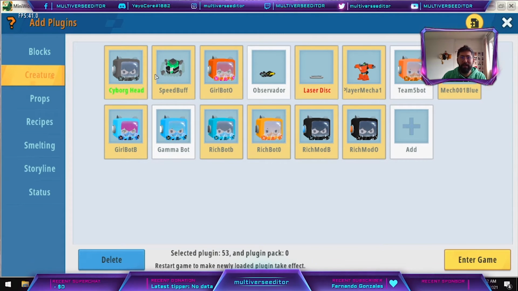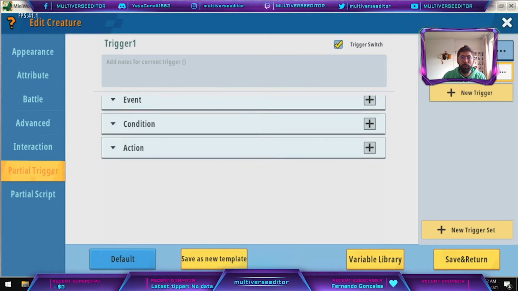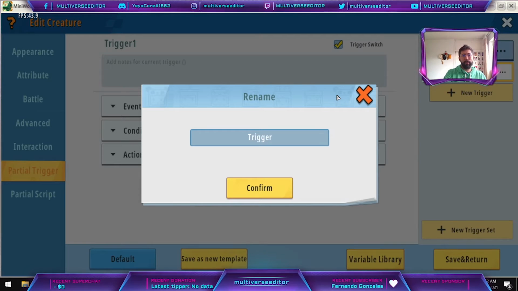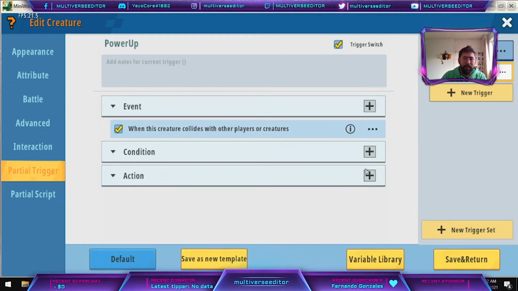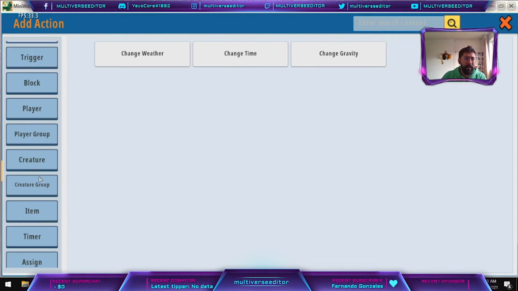Once you add the creature to the map, you are going to go straight here. You are going to add a new one. You are going to rename it, as always, as power up. Remember, it's just creating something very similar to the previous one. And what we are going to add, as always, is a collision. If the collision is with a player, just in that case,